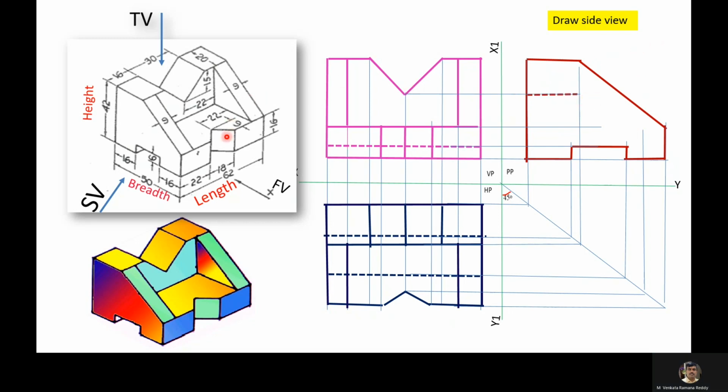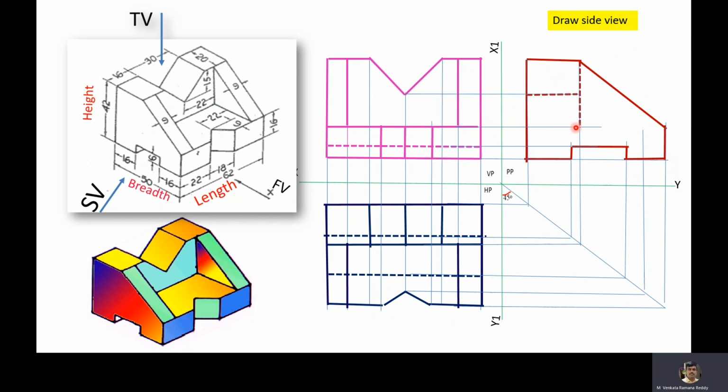After that, this line is not visible. This line is not visible. This line is not visible. How much height is it from the top? 42 minus 16, that is 26 mm. So this height is 26 mm.